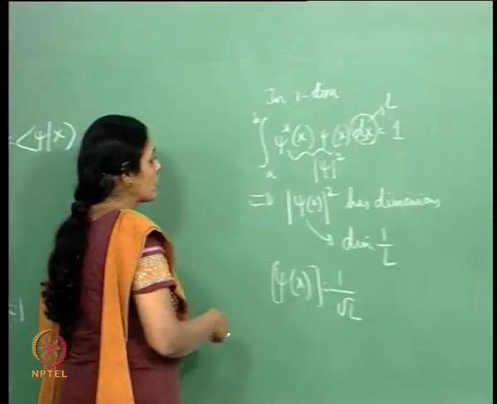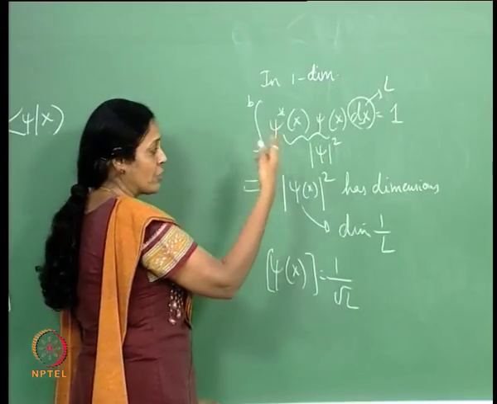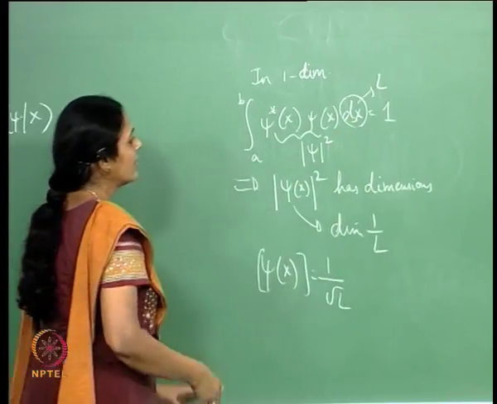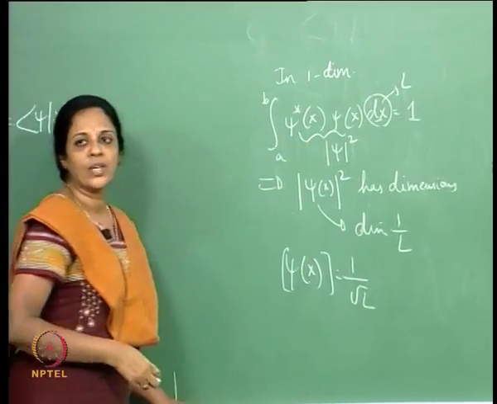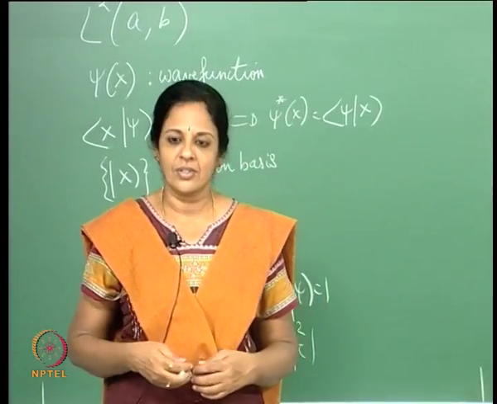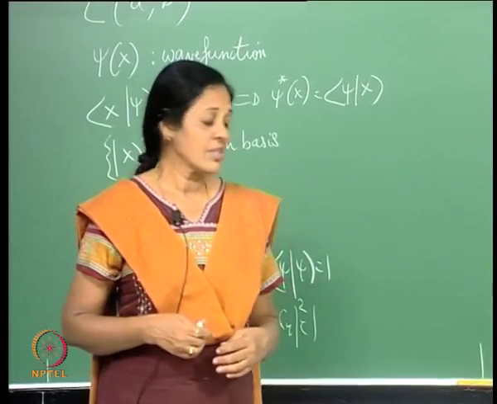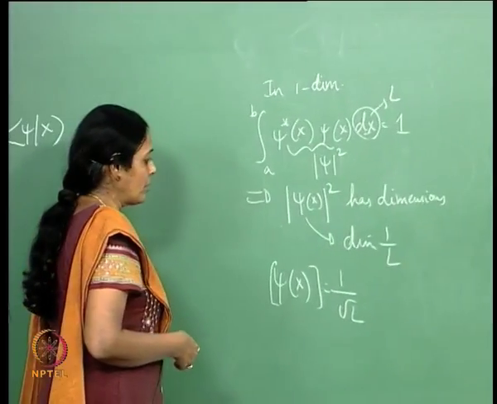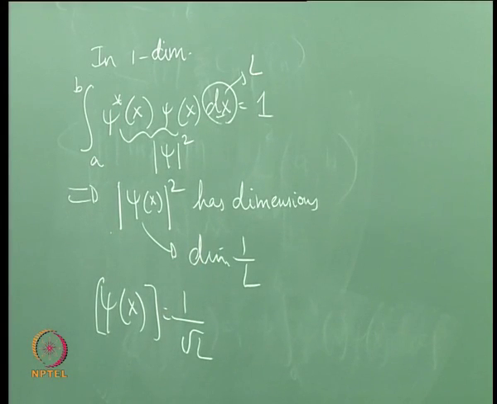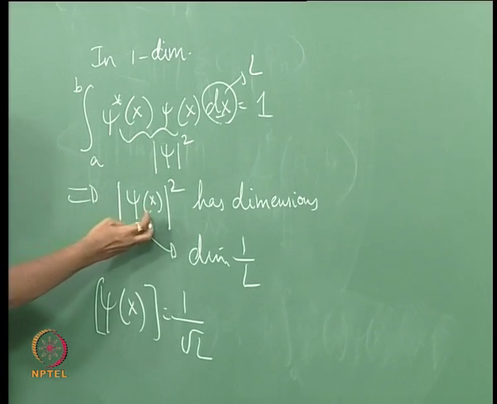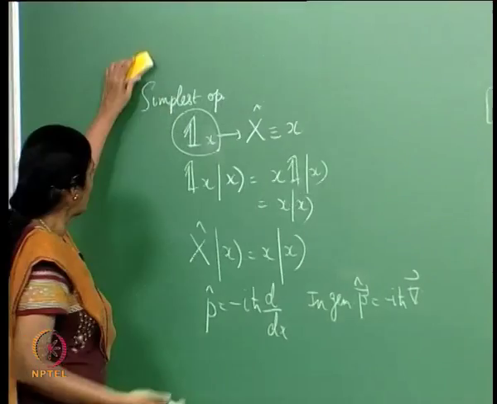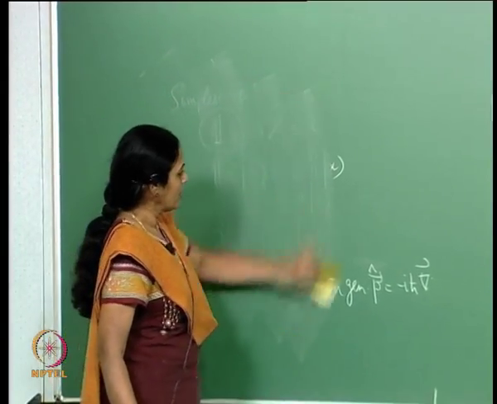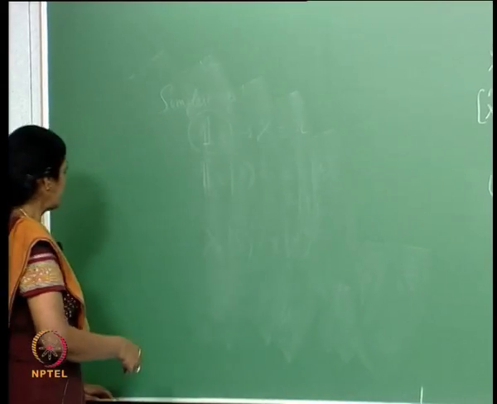And if you were working in 3-dimensional space, that would have been an elementary volume dv, which is dx, dy, dz in Cartesians. And that has dimensions L cubed, and therefore psi star psi would have dimensions 1 by L cubed, and the wave function in 3 dimensions would have physical dimensions 1 by L to the 3 by 2, and so on. So this is the way we look at the dimensions of the wave function. Needless to say, a very reasonable physical interpretation can be given to psi of x. We will augment and support our interpretation a little later, but as it stands,